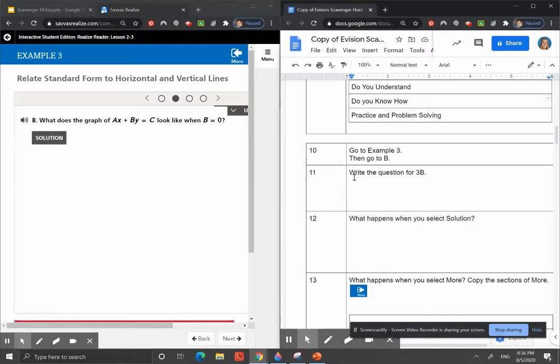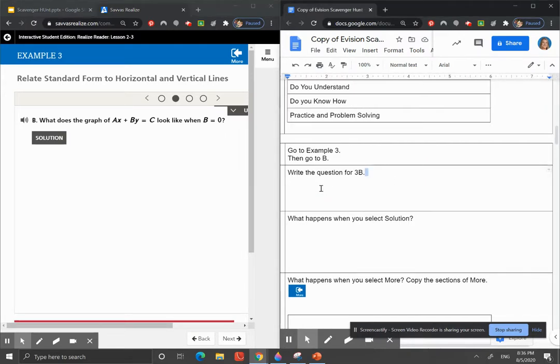So it says write the question for 3B. So let's write that down. So it says, what does the graph of A times X plus B times Y equals C look like when B equals 0? Okay, so